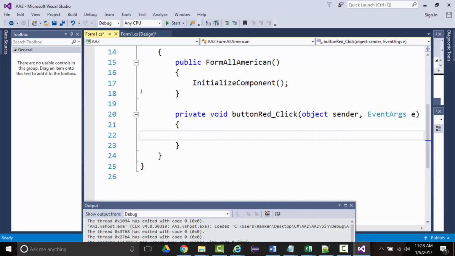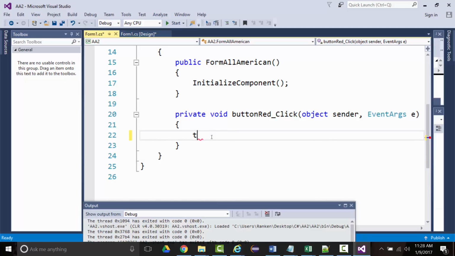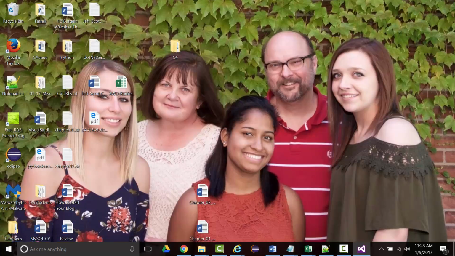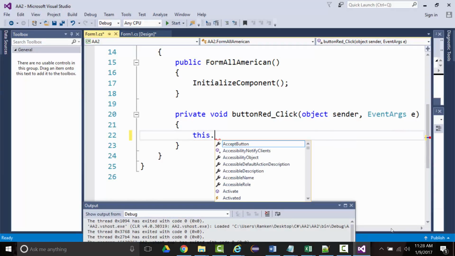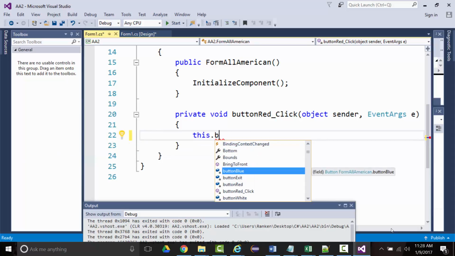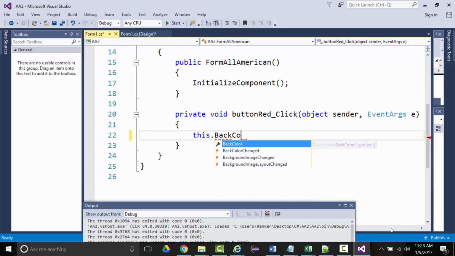So the line that we want to add here, I'm not going to go through it, but we will, just not right now. This dot, notice that when I type in the word this, see how it gets blue? It's a keyword. Now I'm putting a dot in there. Now that's IntelliSense. I'm going to put in a B for back color. Now it's got to be just my B stuff in there. All right? But I want to say this dot back color